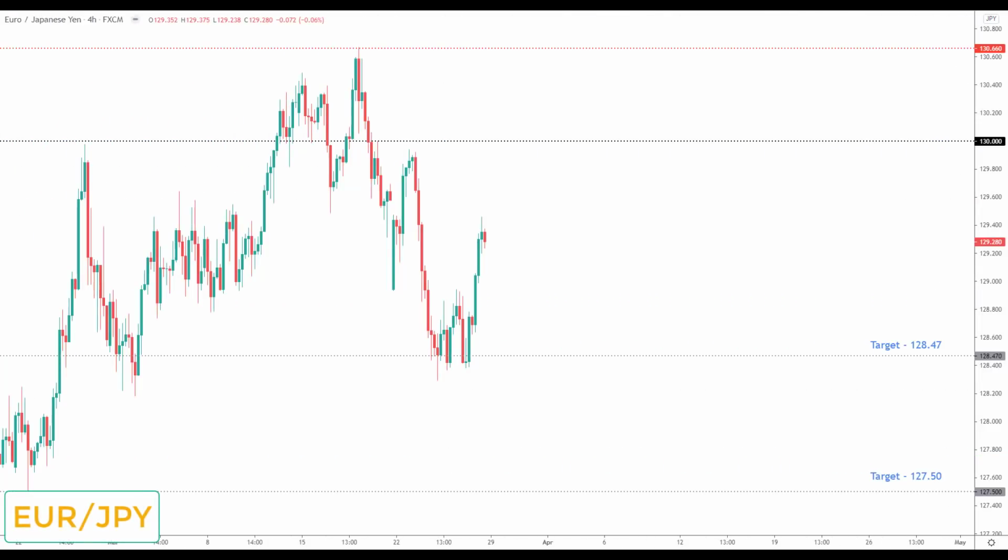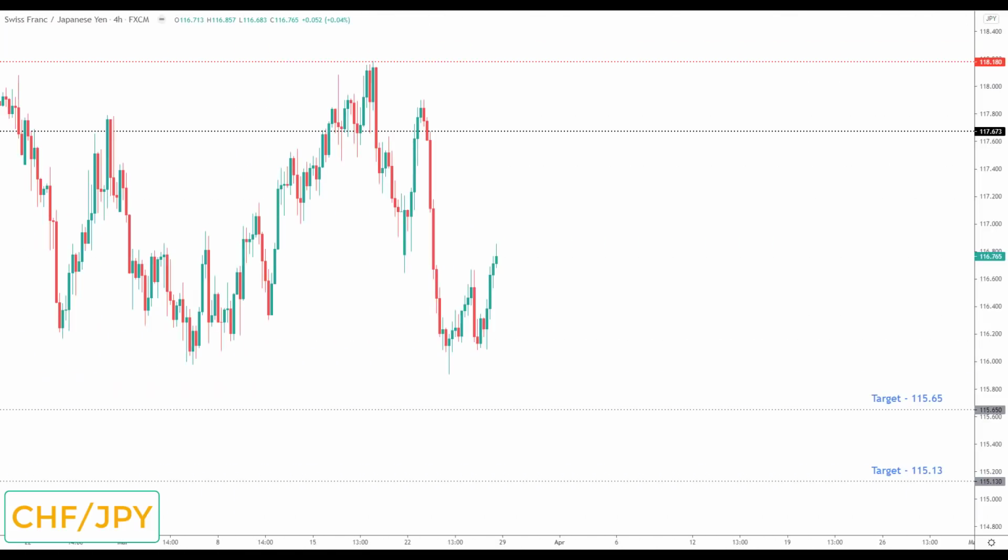Next is Euro Yen. Now, last week we were looking for short positions into the 128.47. You can see we pulled back and we came right into this level last week, and that was a really nice sell-off. We've left this target on here this week simply because we bounced and we almost closed the week back where we started. So this really becomes exactly the same setup as we looked at last week. Any continued correction will be viewed once again as an opportunity to look for bearish reversals down to the next key of support to the downside and the same targets as last week at the 128.47.